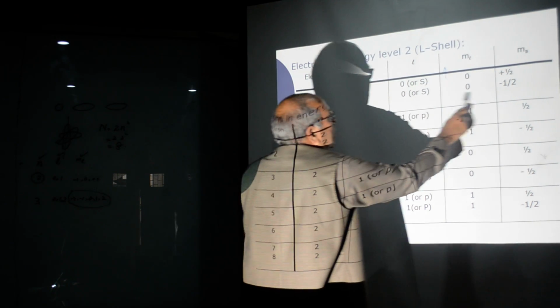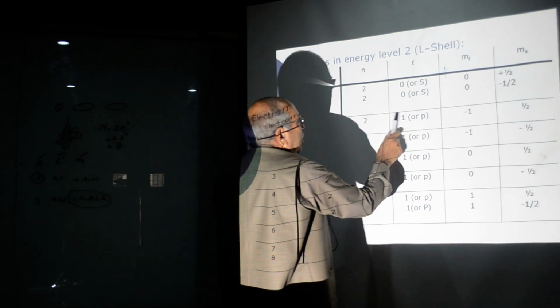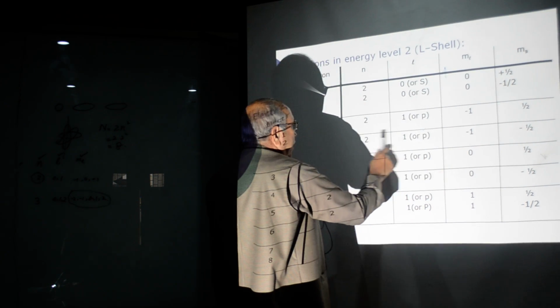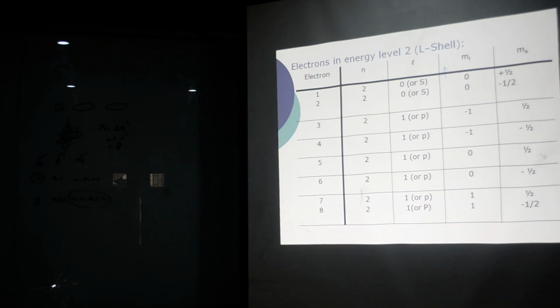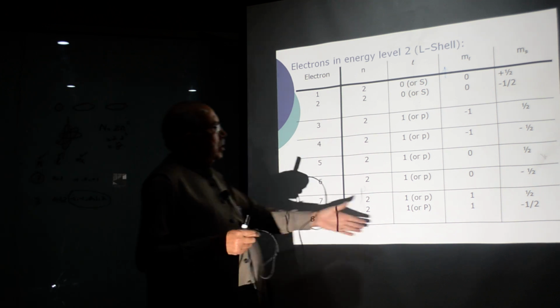You can see, किसी इलेक्ट्रॉन का भी क्वांटम नंबर एक दूसरे के साथ कोइंसाइड नहीं करेगा, सिमिलर नहीं होगा. There will be 8 sets of 4 different quantum numbers. So in this way, I can write the quantum numbers of any electron present in any atom in the periodic table. So these are the quantum numbers which we can describe for different